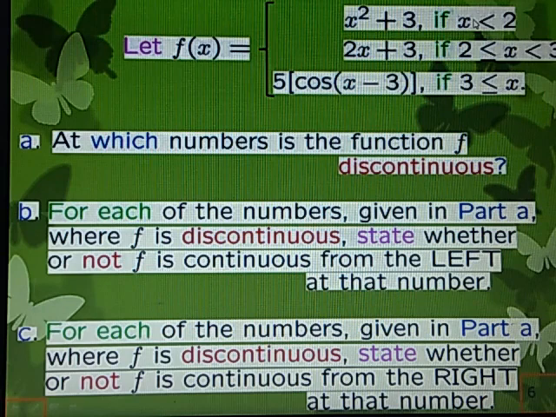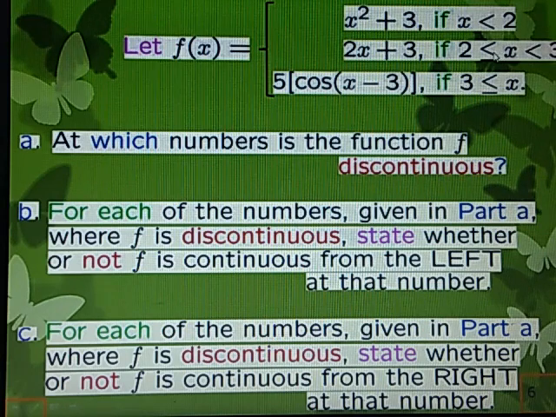What about other points then? You can see when x is smaller than 2, whatever value it has, as long as it is less than 2, the function is always x square plus 3. So you will not find any value of x where it is not defined. You will be able to define the function and the curve can be smoothly drawn. It will be continuous. It is not going to break.